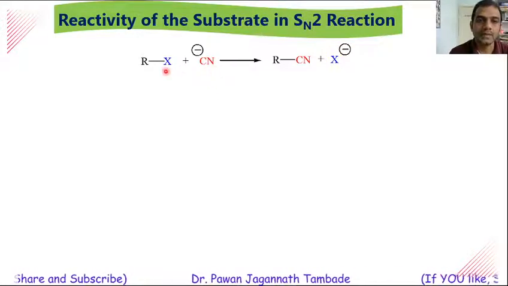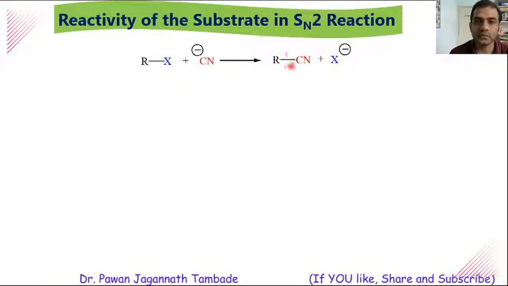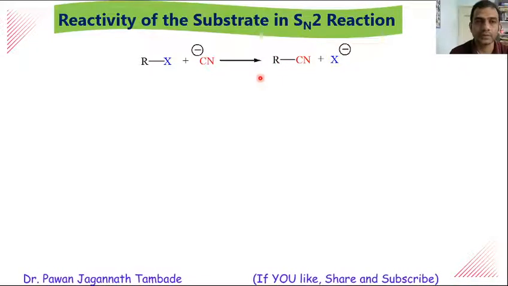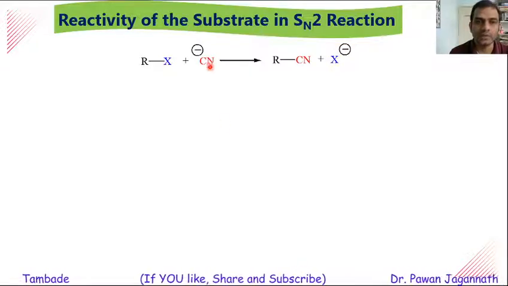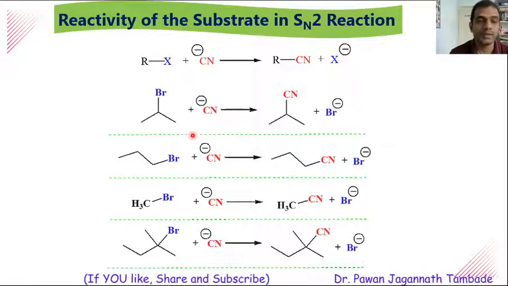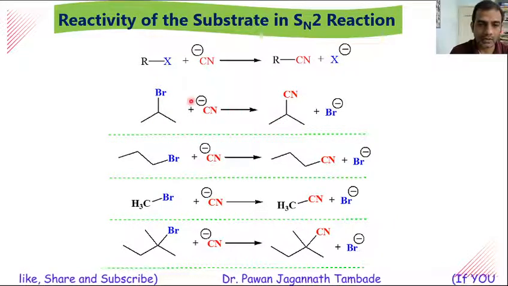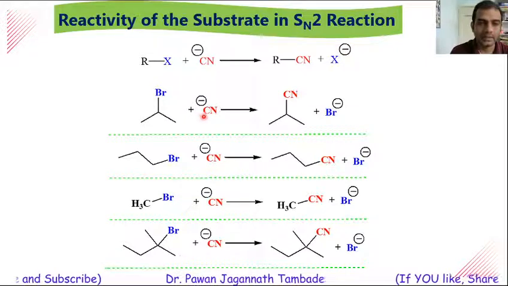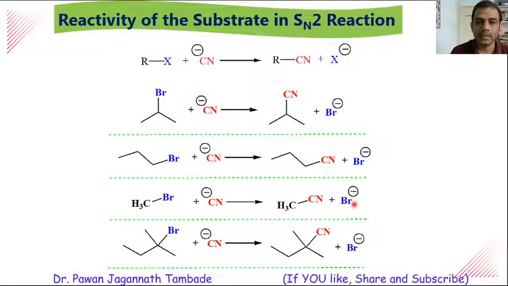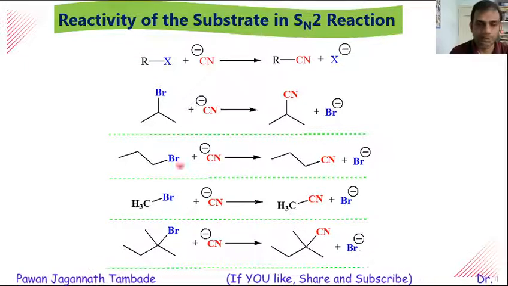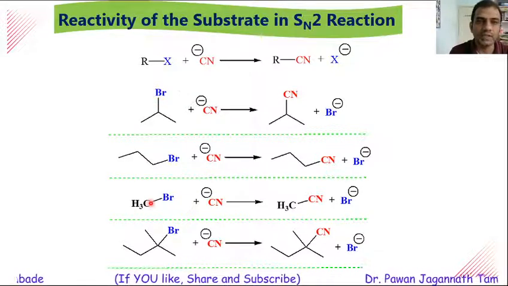In the general example, this alkyl halide is allowed to react with a nucleophile, so that we expect this type of substituted product. If we change the alkyl halide, what is the change in the rate of reaction that we will find? Suppose we have these different alkyl halides. If you look at all these reactions, you will find that the nucleophiles are the same, the products we expect are the same, and the leaving groups are also the same. However, there is a difference in the nature of our substrate, that is the electrophilic species.